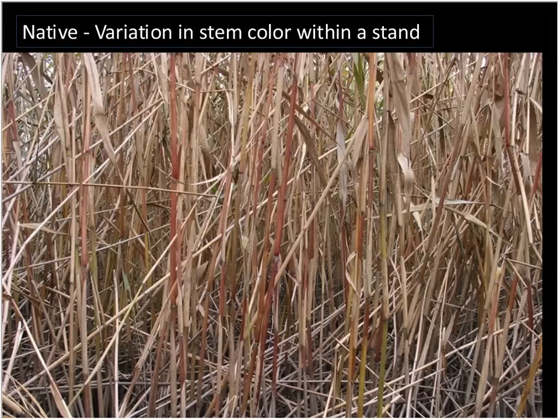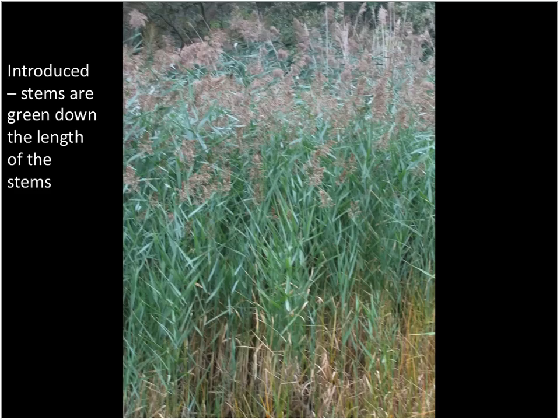And just looking at the stand as a whole, you can really see this color variation when you look down below the area where you have a lot of green leaves. In the native stands, you will often see a lot of variation in stem color. You'll still see some green stems, but you'll also see a lot of red color, whereas in introduced stands, you see green throughout the whole